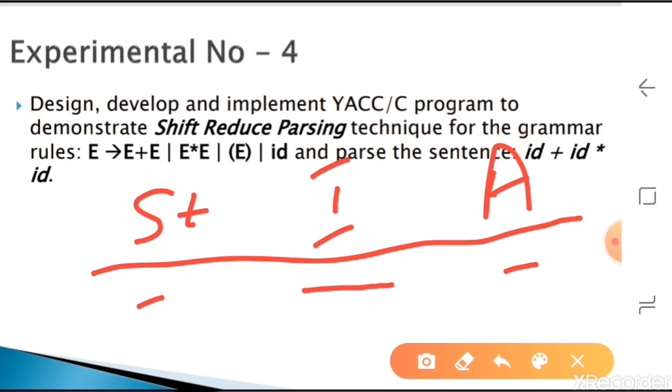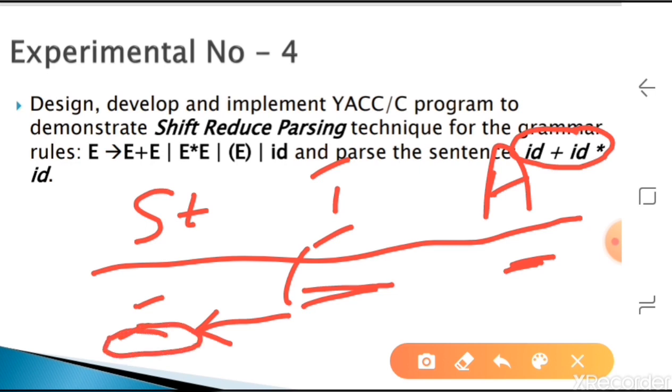In the beginning, whatever input is given, the stack will be empty, and the action part will also be empty. Depending on the input, we perform some operation on the stack: shift something, or reduce whatever is in the stack, and shift again.